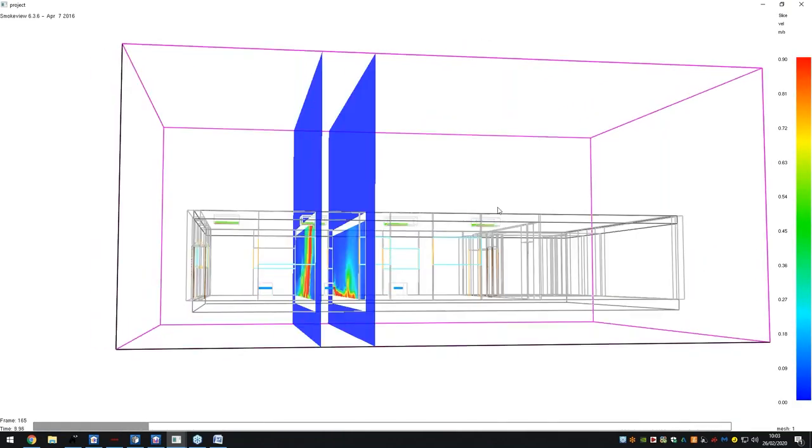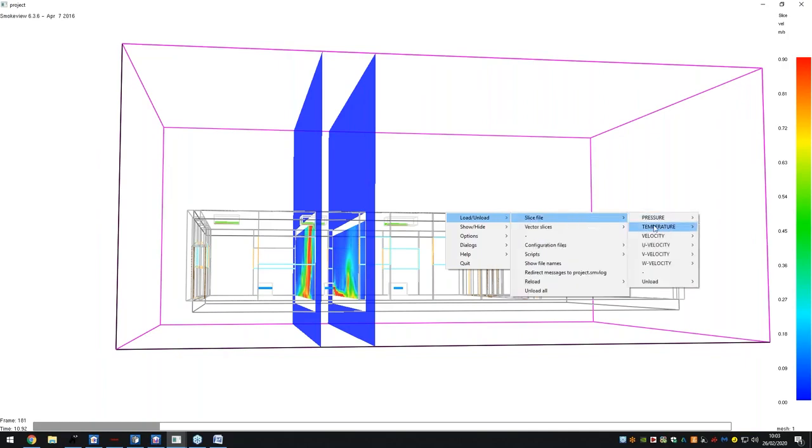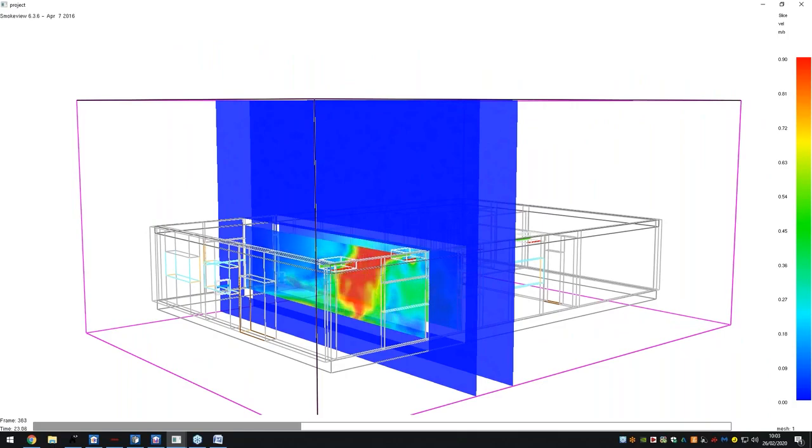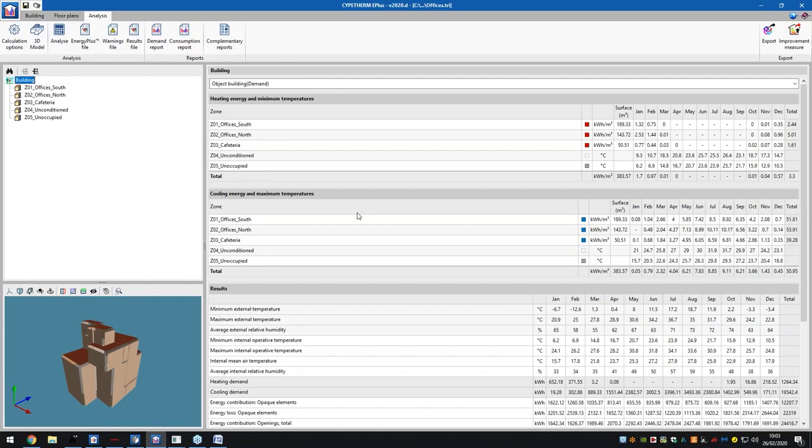So you can see here all the different slices that I'm able to generate. So pressure, temperature, velocity. We can even look at visibility, etc., when we go further into our fire solutions. So this sort of feature appeals to certain professionals that like to visualize the effect that their ventilation and their air conditioning models have on particular spaces, and we can do that here as well. Now let's go back, and you can see here upon completion of the results,